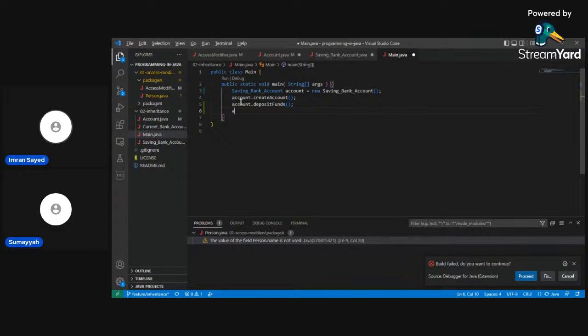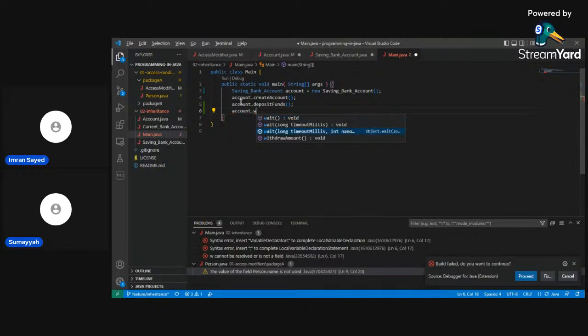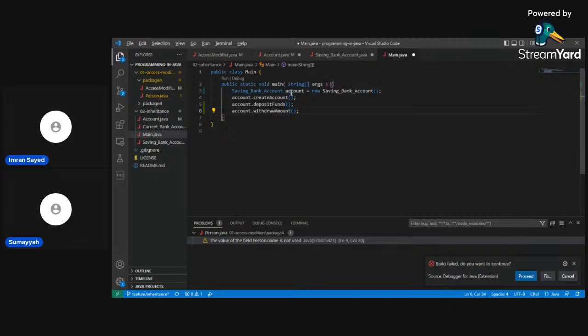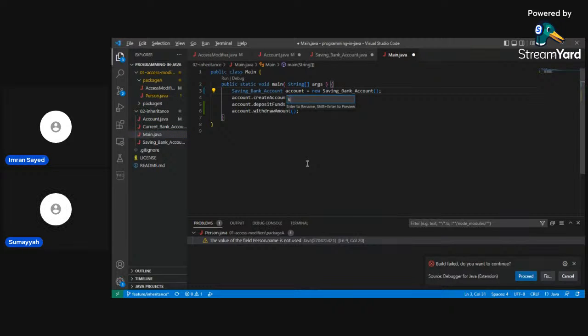Maybe call it saving account. This time, comment out the deposit funds because it's redundant right now, for what we want to test.